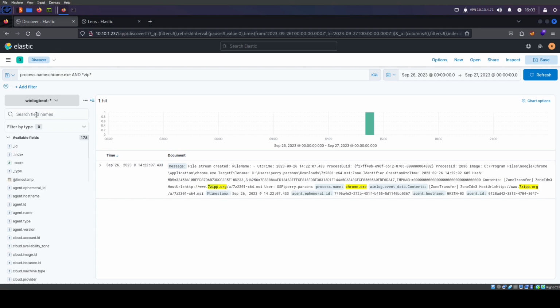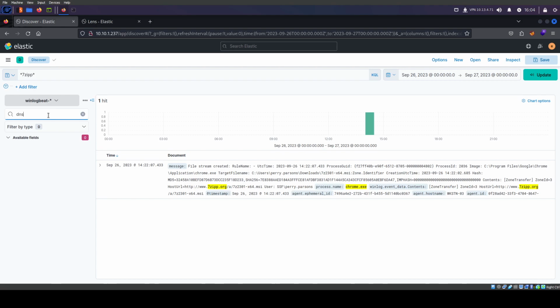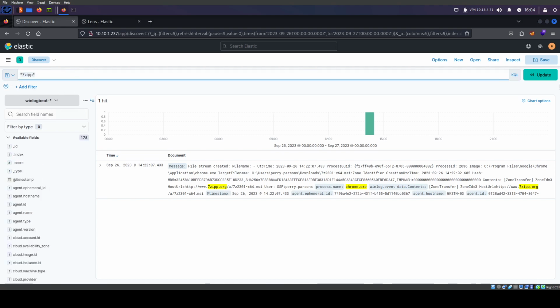I want to see what this IP address is. So I'm going to search for this, and I'm going to do DNS. Actually, no. Let's search for that.